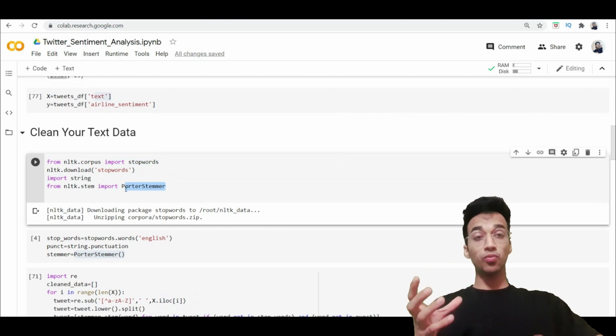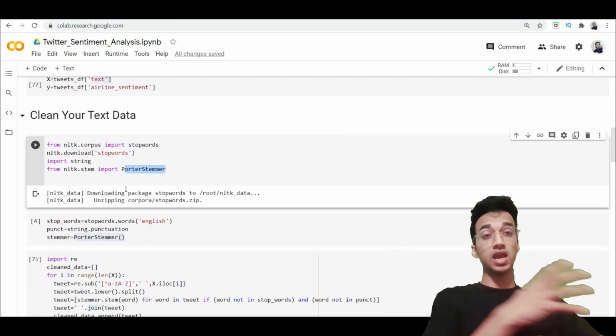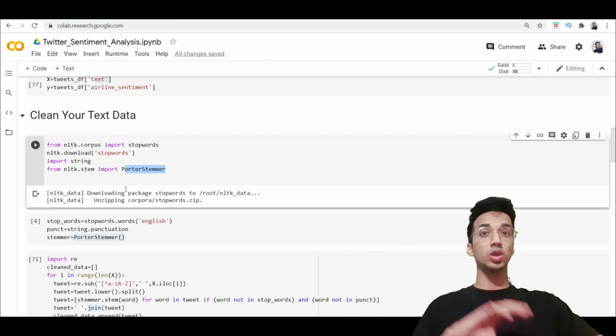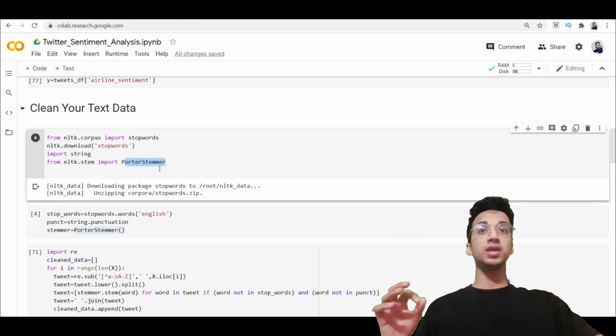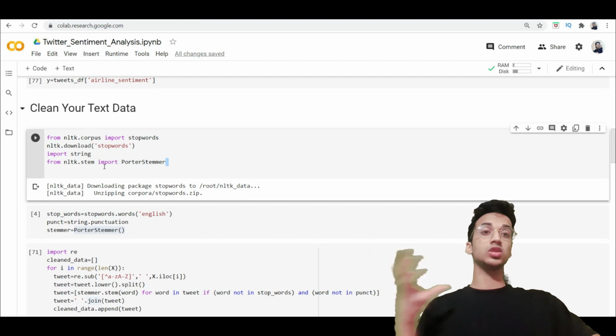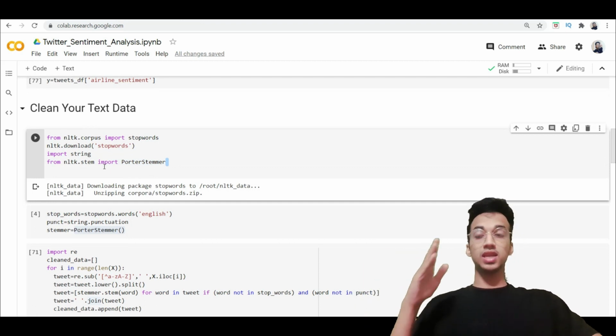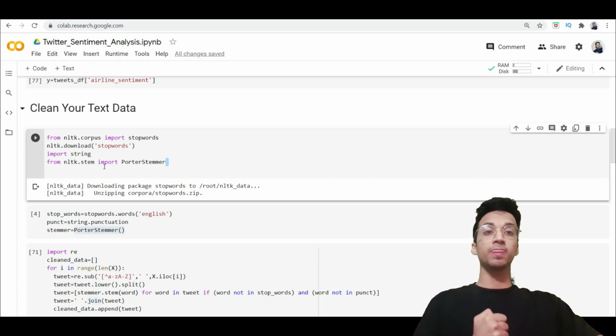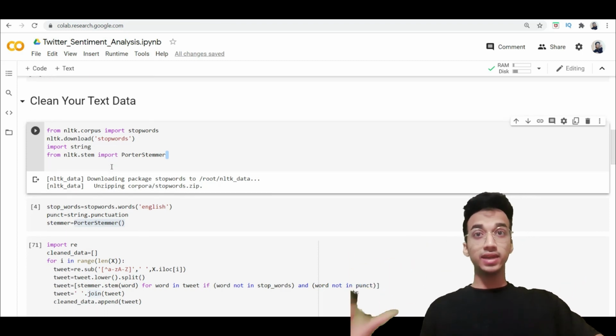So basically stop words are words like is, that, and, all articles, words which are not relevant in the meaning. We're going to be removing that. Stemming is basically to reduce words to their base form. Like if you have words like jump, jumping, and jumped, you would reduce that to jump. So we're removing unnecessary words. I've talked about these in detail in my previous videos. Do watch that.